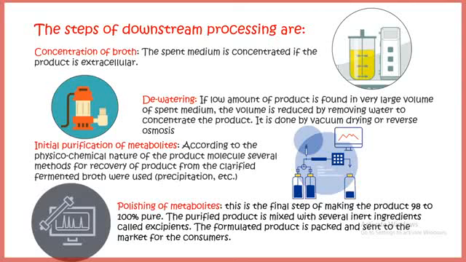Lastly, there is polishing and quality control. Polishing ensures that this particular product would be 98 to 100% pure, and all the purified product should be mixed with inert ingredients, which ensures the product would be preserved for a long time. It won't be degraded quickly. And ultimately there is a quality control step which is very important for product development, and after these things, these products would be packaged nicely and distributed where the demand is, right? So overall in this video we learned about the